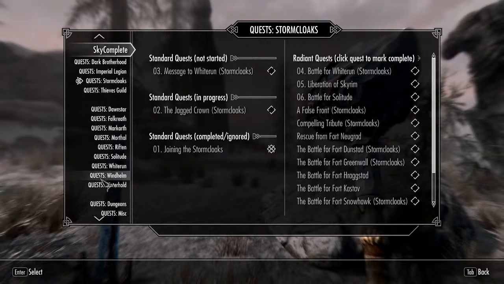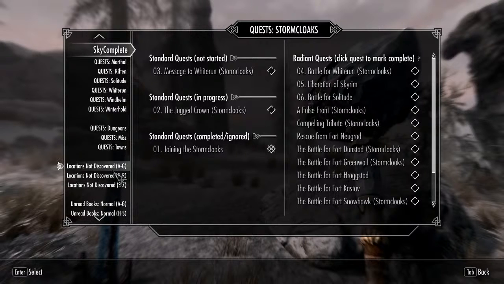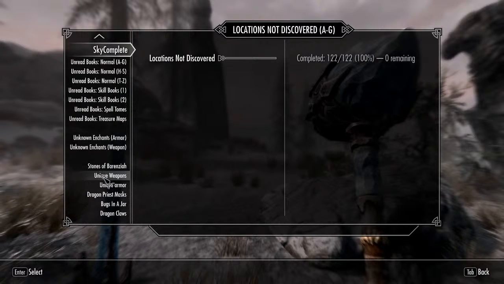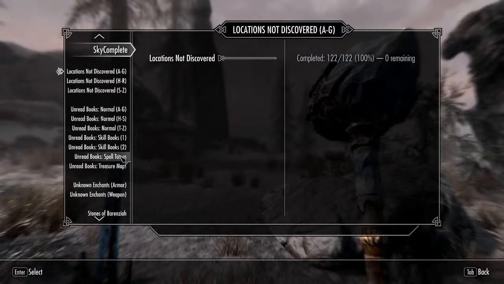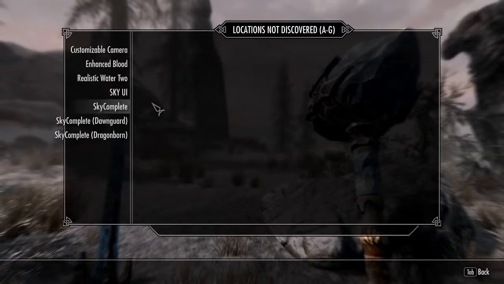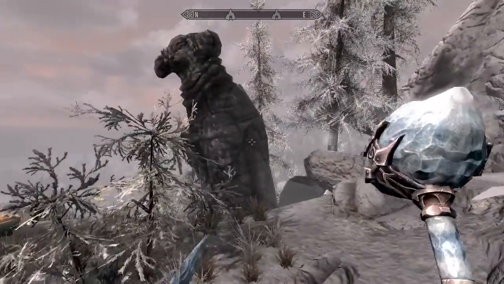Okay, here's the idea. In Sky Complete, which is a mod I have, it shows all the quests I need to do, all the Radiant quests, all the books in the game, all the unique armor, weapons, whatever you need to collect, to 100% the game. It just tracks everything for you. It's really convenient, so I don't have to manually track it, right? Tracks all the locations I visited. 2 of the 3 locations I have left in the entire game, base and DLC included, are